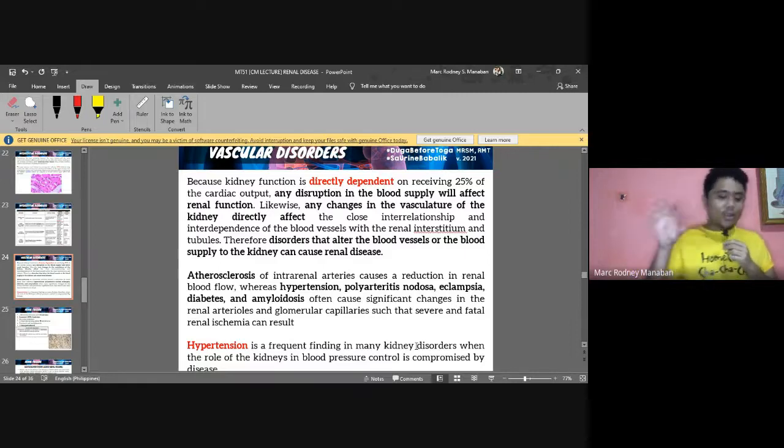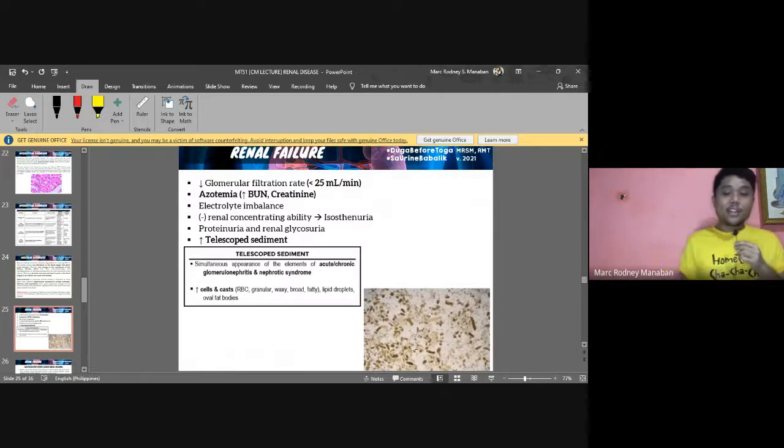All right, now of course all these diseases, they're all talking about acute onset, and then followed by chronic onset. Now of course, we mentioned that some of these diseases can progress to a more life-threatening disorder, which is of course your renal failure. All right, now for renal failure, the kidneys again have a decreased overall renal function. All right, so as you can see, there's decrease in glomerular filtration rate, less than 25 ml per minute. So as you can see, gamay na yung ma-filter.